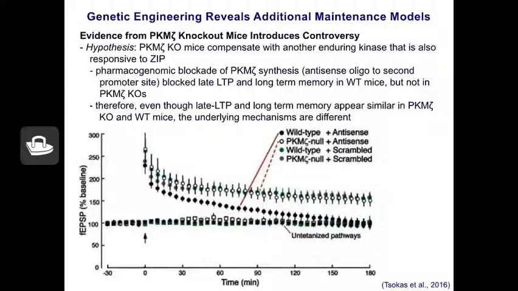So they were able to come up with a sequence that was really absolutely specific for the protein kinase M-zeta messenger RNA, not just some pharmacological treatment that approximates interactions with one particular kind of protein over another. So administration of the antisense